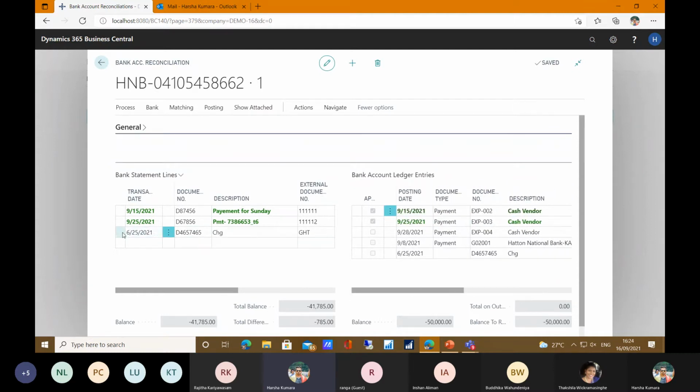This type of reconciliation we can do. You have to select this line, and select this line, and match manually. Now we can see your bank's ending balance and your bank total balance have tallied. Then we have to post this bank reconciliation because there are no unreconciled lines on the left side or the right side. Of course, we have one payment and one deposit that we can check in the reporting level after the reconciliation has completed, and we have to post this bank reconciliation.